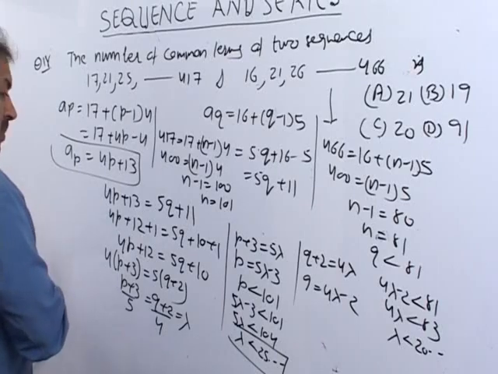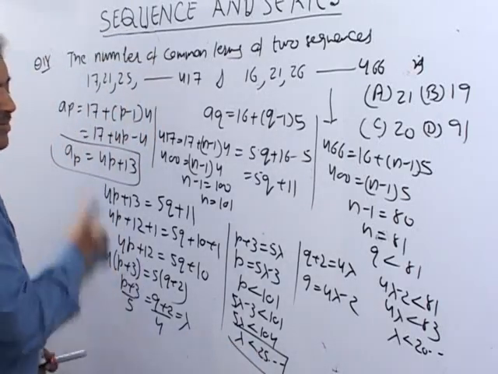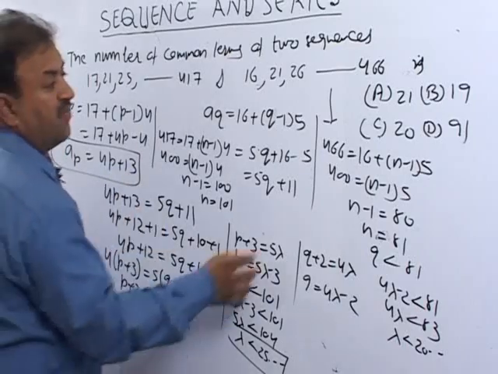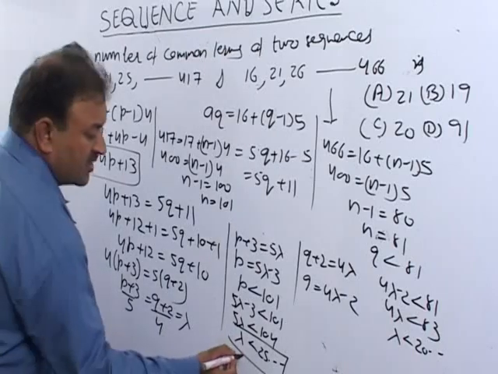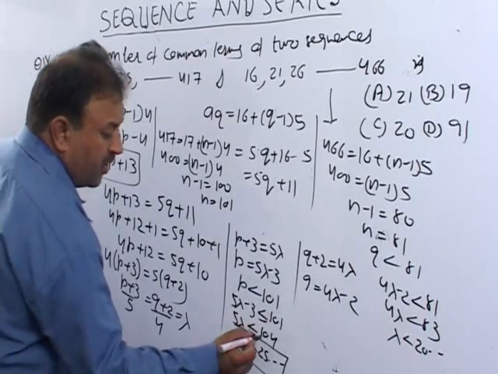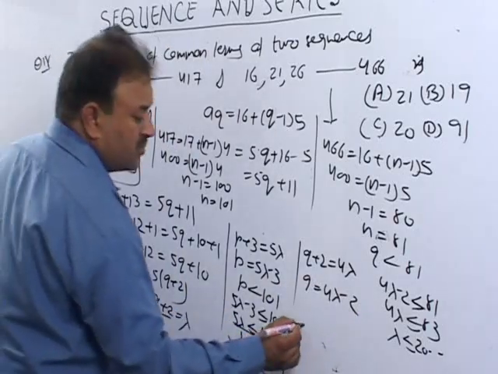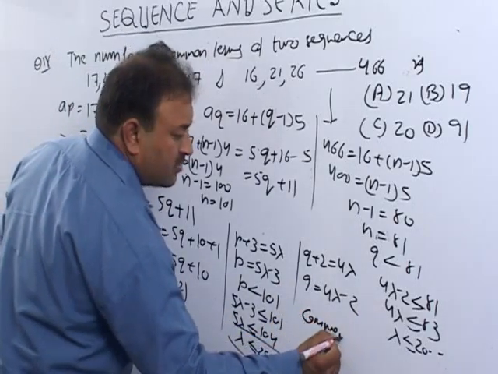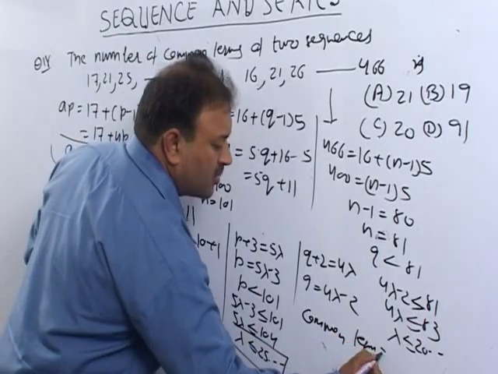So the lambda values from one series give at most 25, and from the other at most 20, or we can say equal to, because it can be the last term also. Common terms are 20 in one and 25 in the other, so the common terms come out to be 20.